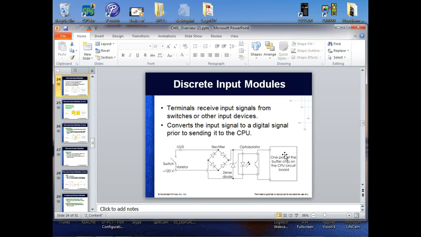So we can get AC input modules. We can get DC input modules, which is probably more popular. We're trying to get away from 120 volts as far as control goes. You still have to have high voltage for our power devices, but we're trying to get away from anything above 50 volts as our control circuit. And why they're trying to do that is that